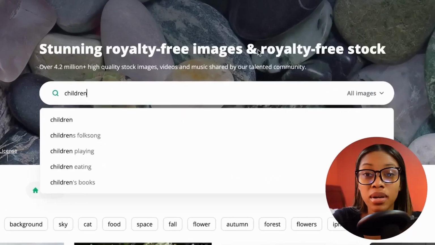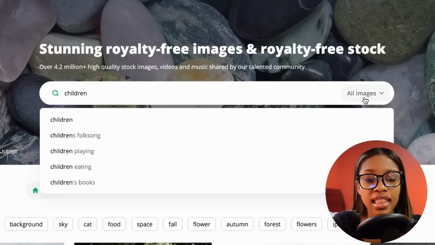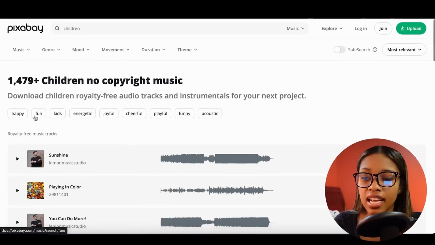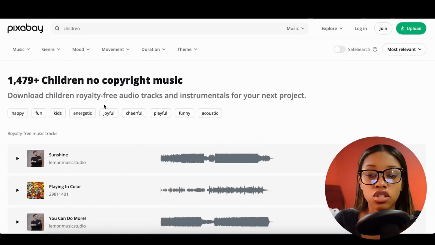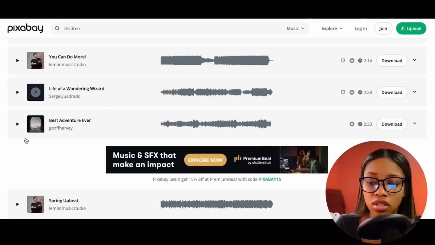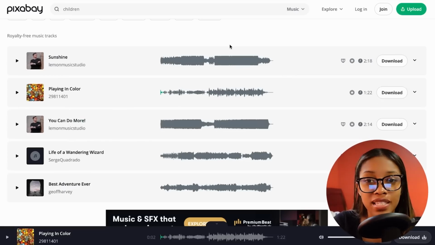So in my case, I want some music to do with children. So I'm simply going to search in the word children, and then in this corner here, ensure that I have music selected. And then as you can see, there's over 1,000 songs that I could choose from. What you want to do here is play the different songs and find one that you like. And once you do, you'd simply want to download it to your computer. And then once you've downloaded the background music to your computer, you want to come